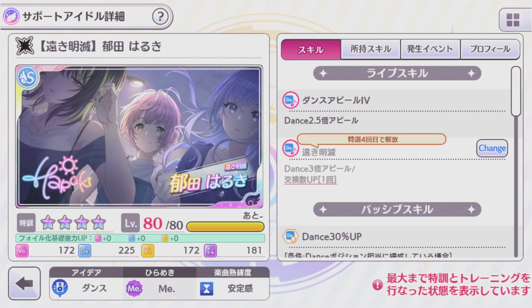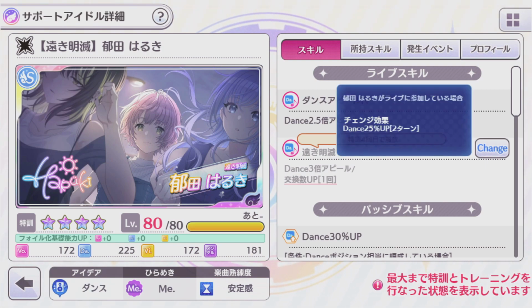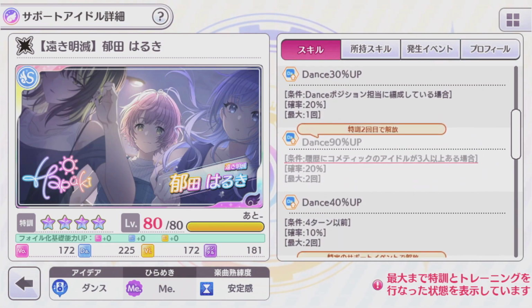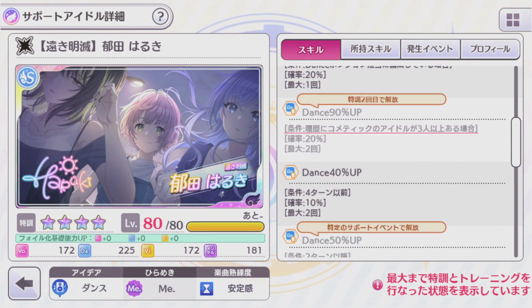As for the rest of what she does, her appeal is a Dance 3.0 that grants you 1 mulligan and has a change appeal if Haruki is on your team, which is a 25% dance buff for 2 turns. For her passives, she only really has 1. She has a dance 90% up if 3 or more Comedic members are in your skill history, and has a 20% chance to